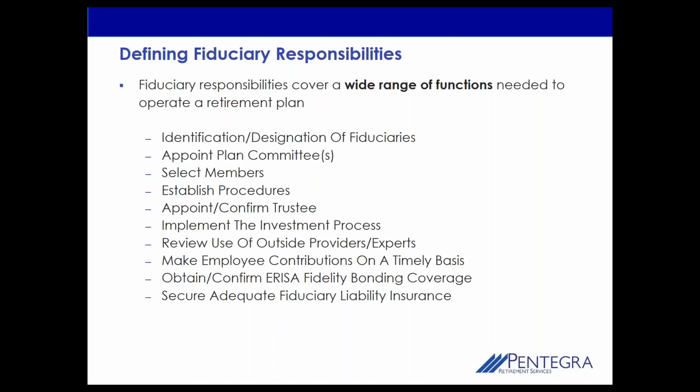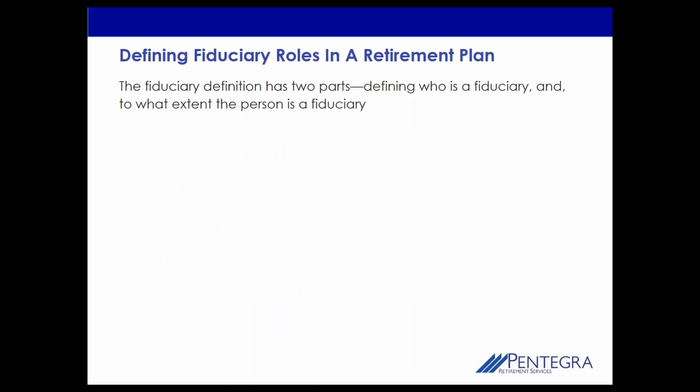Some other things that go on include getting fidelity bond coverage for the plan, and maybe even getting fiduciary liability insurance for current committee members and anybody else within your organization that may actually be a fiduciary of the plan. So again, understanding fiduciary responsibilities, but just as important, understanding who within your organization is acting in a fiduciary capacity is critical. So those are the two biggest takeaways we have so far.